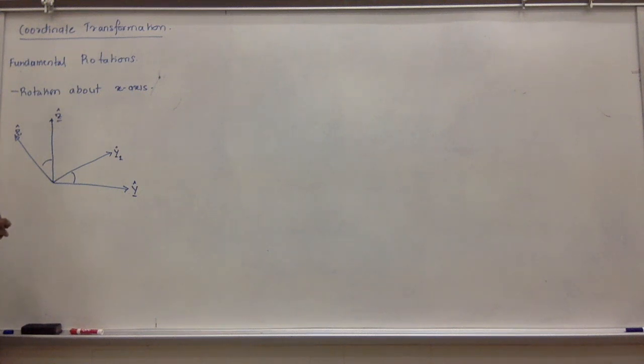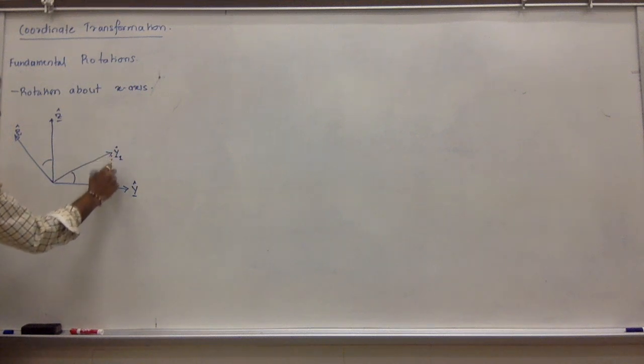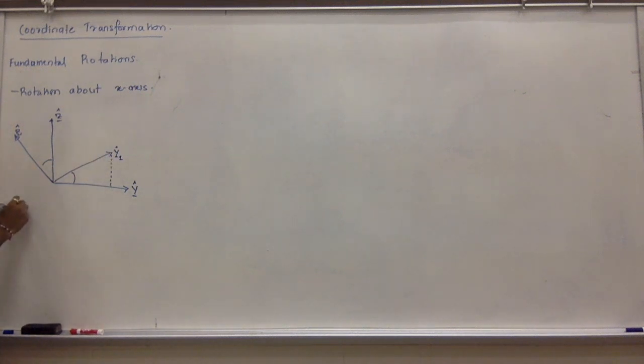Can you explain why y1 and z1? So if I rotate about the x-axis, this y will go here. Z will become z1. Okay? Now we express, if you think about this, I can express this y1 as this component, which is